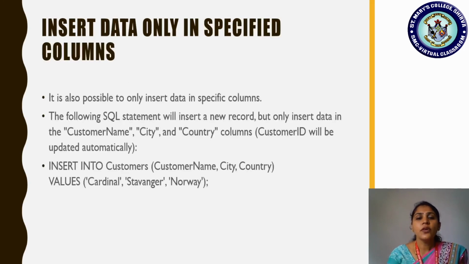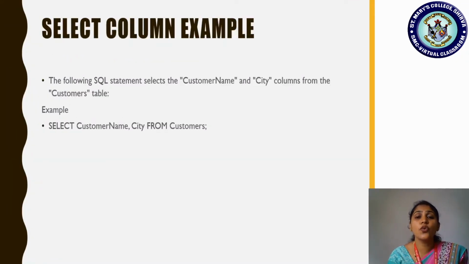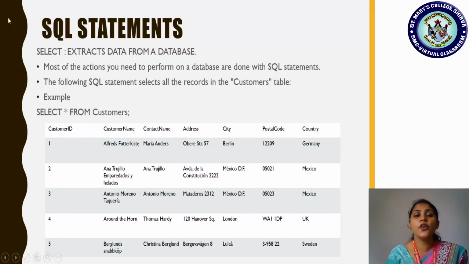Okay, so after inserting all the 5 values, if you want to view the details or the information stored in that customer database, then you are making use of which command? Select star from customer. So this is going to display all the data that is stored in which one? The table customers. Remember that. So this is one particular command you normally use if we want to view the complete details stored in a table. Is that clear?